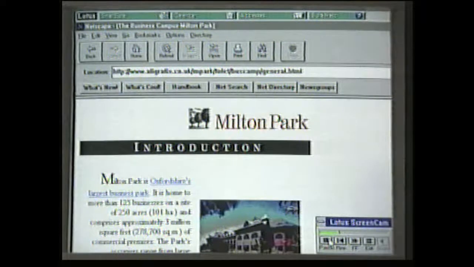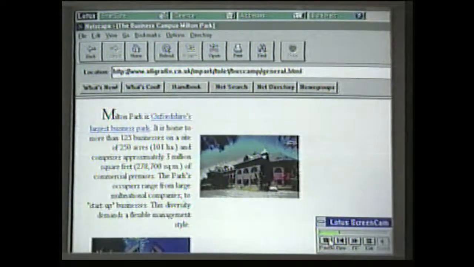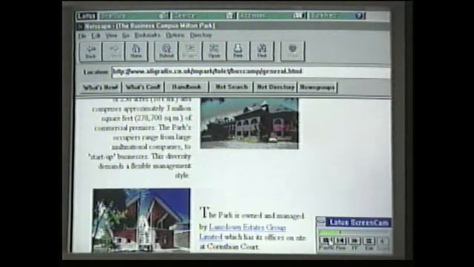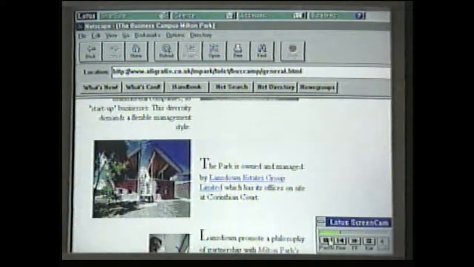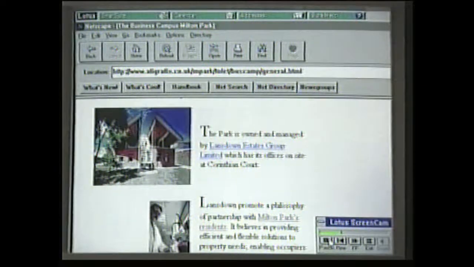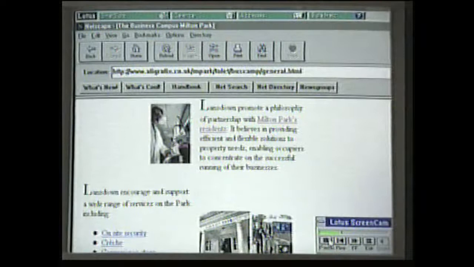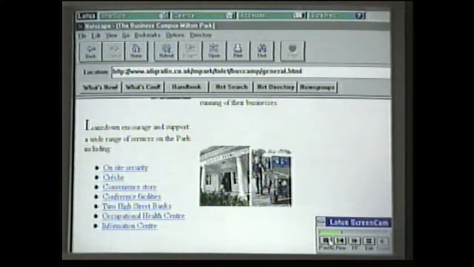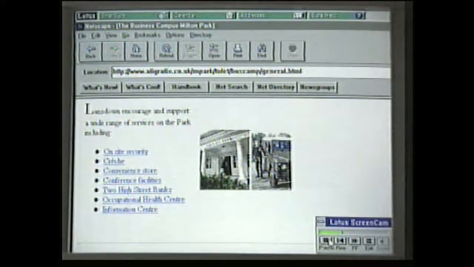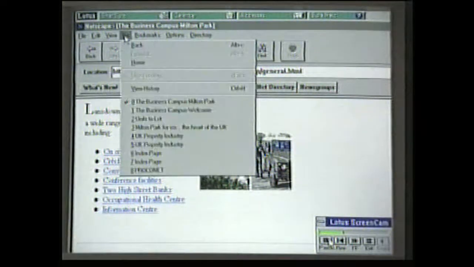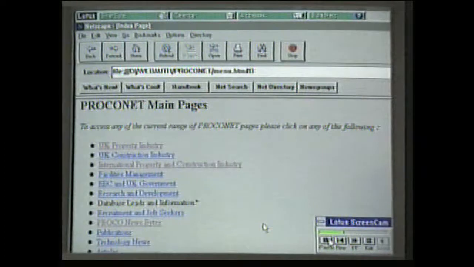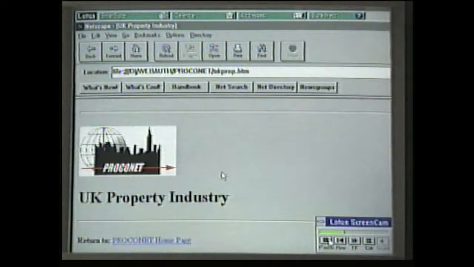And by going into Introduction to Milton Park, I can see a fair bit more detail and graphical detail of what's actually available there. These sections of coloured text are actually called hypertext links, and clicking on each of those will take me to a related web page specifically dealing with the information that's contained within those individual pages. Okay, I can return to the index page, which is always my base starting point,